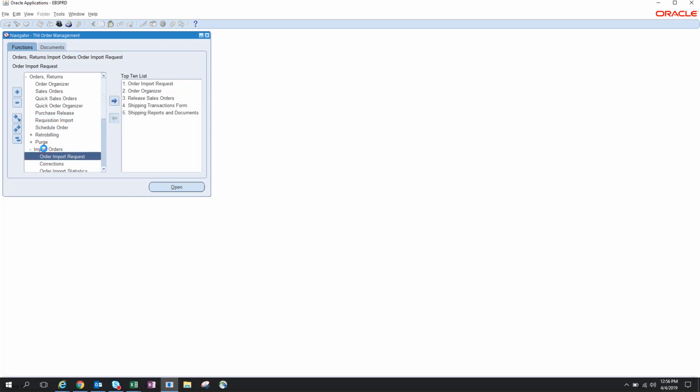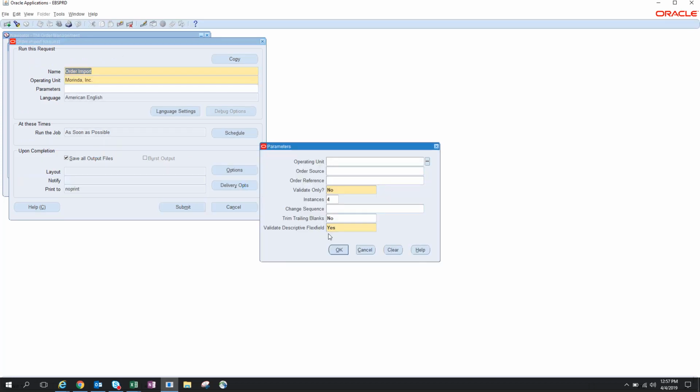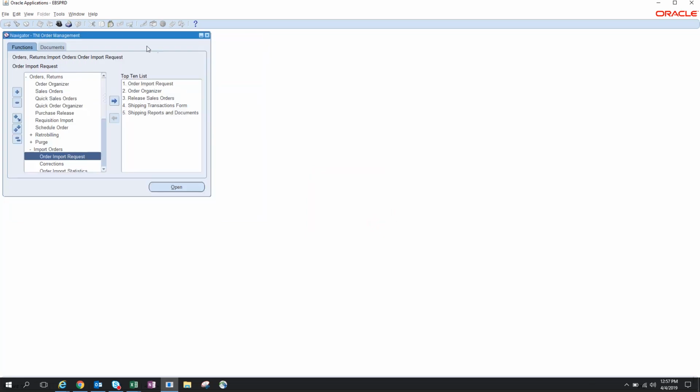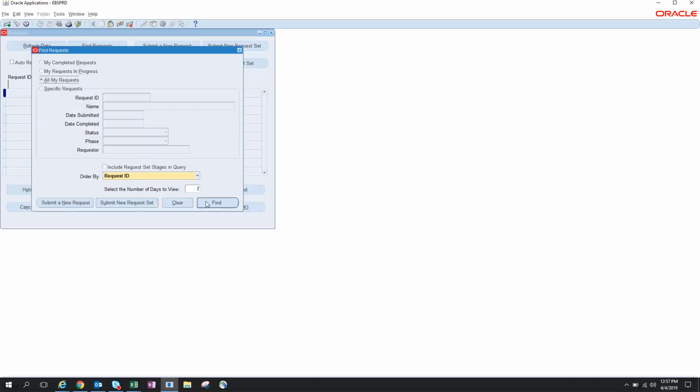Here it is. So you'll go into orders, returns, and then go down and find import orders, and then under that you'll find order import request. So it'll just default to order import. You click OK, submit, and then I usually press Alt VR to go into view and requests,